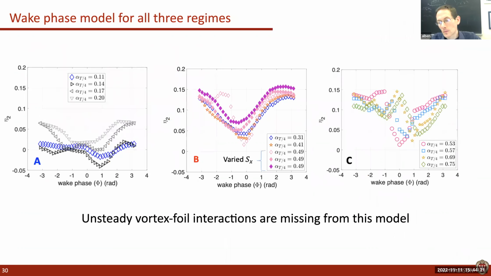Right. So if you look at this across the three different regimes, our shear layer regime, our LEV regime, and our LEV plus TEV regime, we found it did very well in our LEV regime and not so well on the other two ends of the spectrum. We're not so much worried about the shear layer regime because this is a very low power generating regime, but regime C,